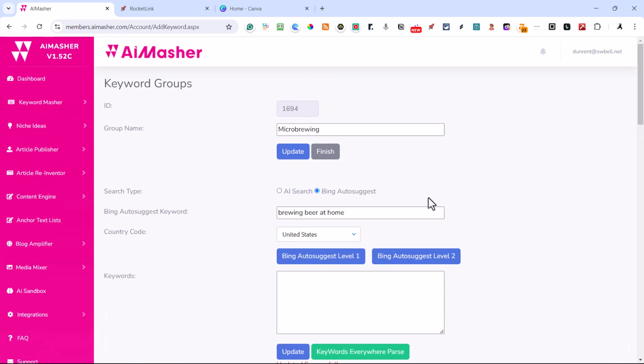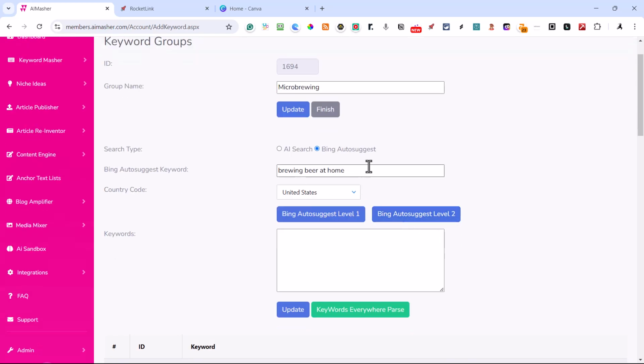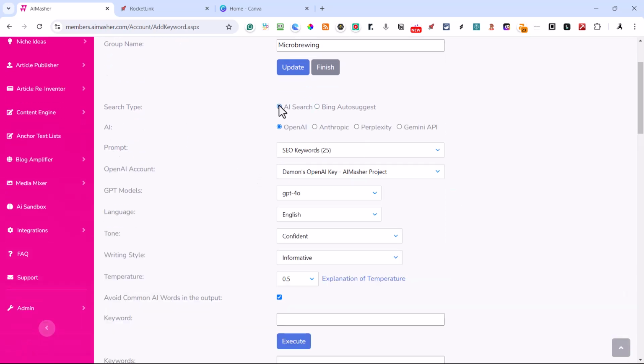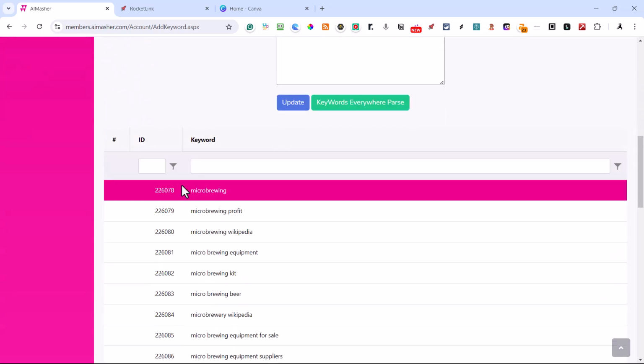Now, what we do with these keywords is, earlier I said that we put meta tags in your images. This is what we use, these suggested keywords in here, to put in your images along with the post titles in there.